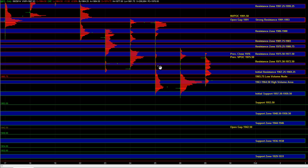So this could be setting up for yet another directional push, but off the open, we are going to keep an eye on 63 to 64 half. This is a high volume area within the current balance, and if we start trading below it and we don't really start holding above it, but actually just start cracking below, then that could result in a pullback to 57.5